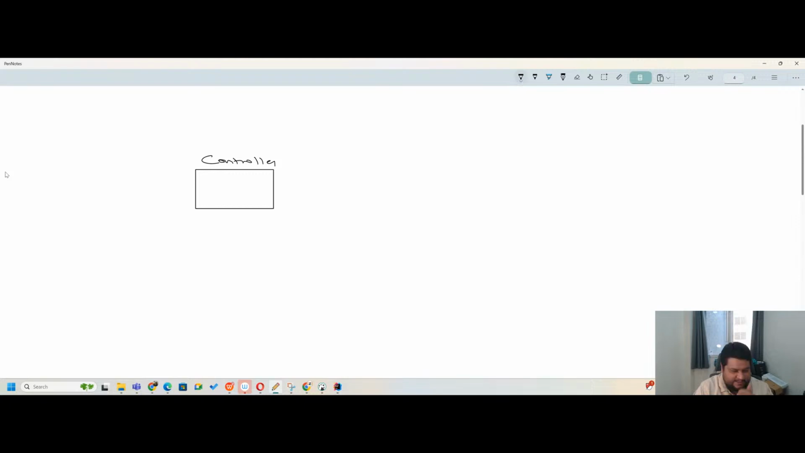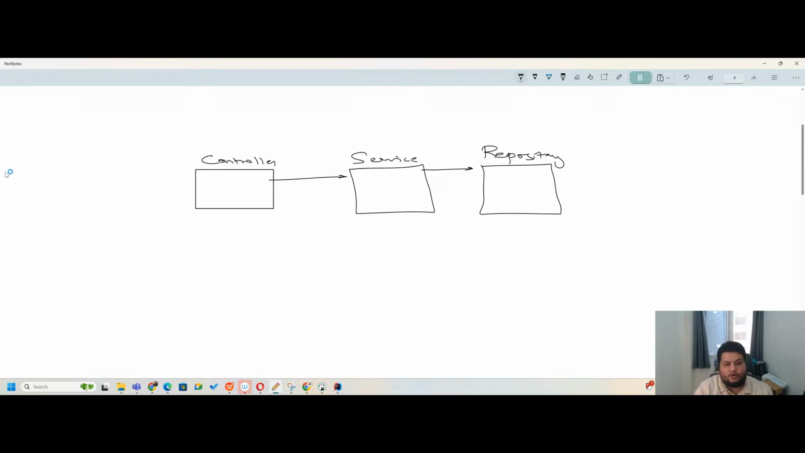Then controller depends upon service. Then the service depends upon repository. This is how it goes, and all these three classes share one simple class together, that is sort of your